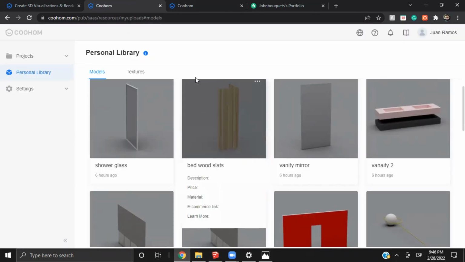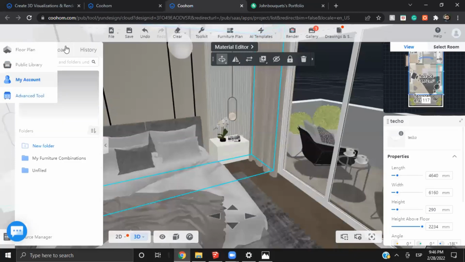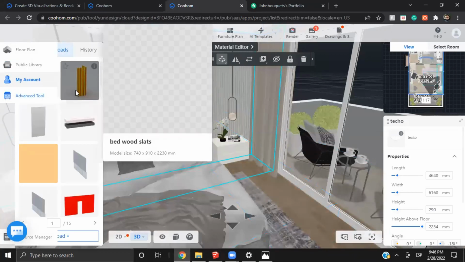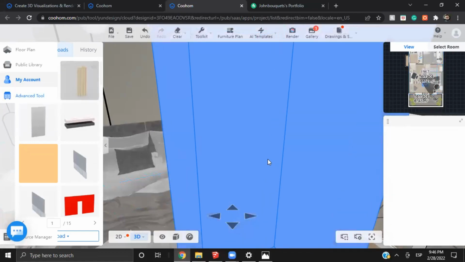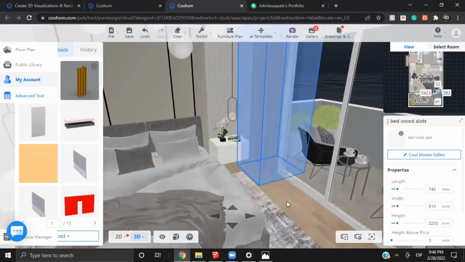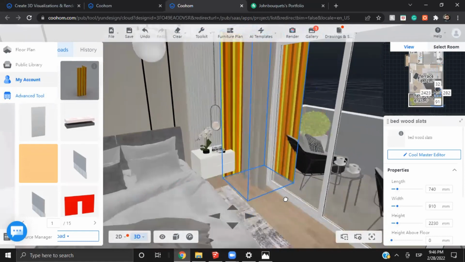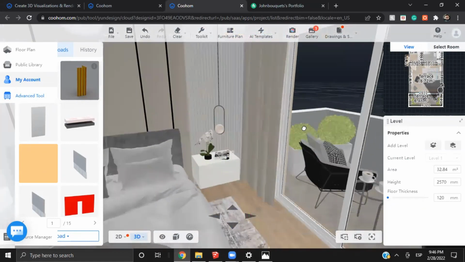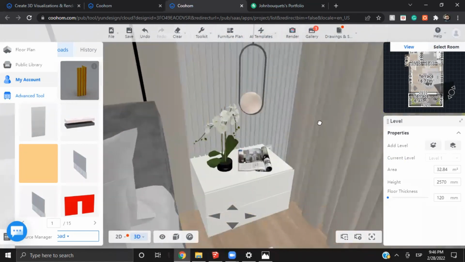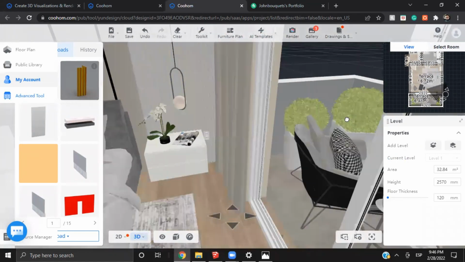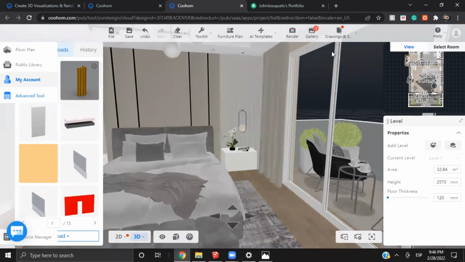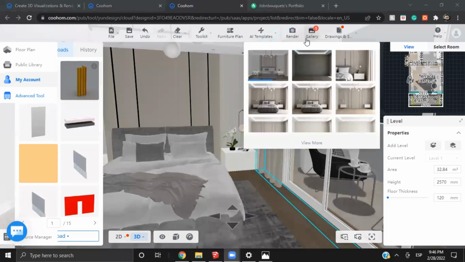Now that it has rendered, we go to my account, uploads, and it should be available like this. These are the slabs. I already have them, and I already have the materials on them, and that was just to show you how to import a model from SketchUp. It's quite easy, quite simple, and it really makes a difference when